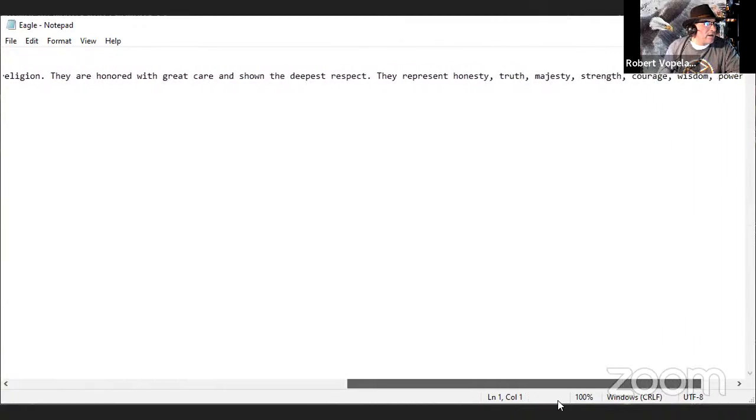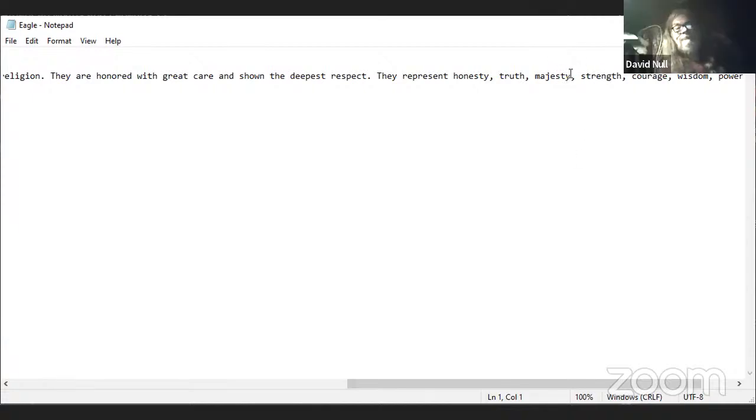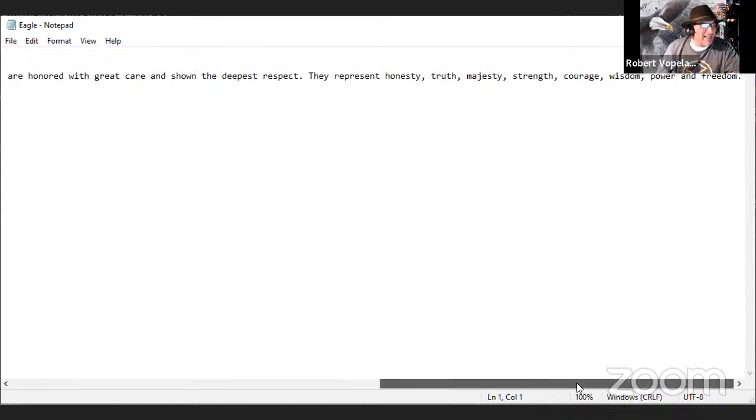They are honored with great care and shown the deepest respect. They represent honesty, truth, majesty, strength, courage, wisdom, power, and freedom. Wow, those are all good things.